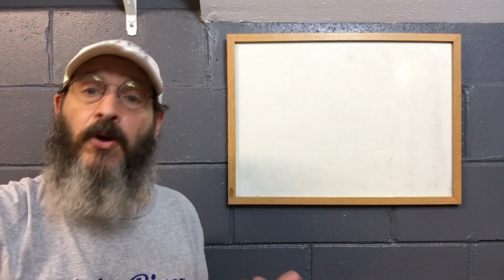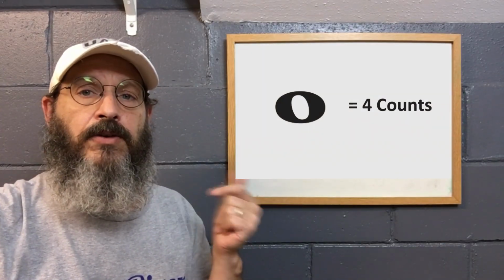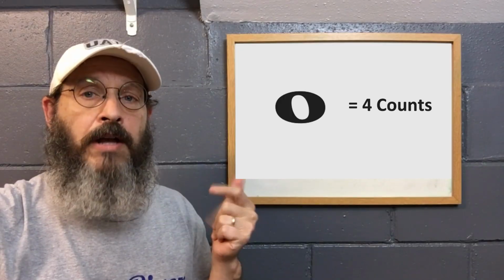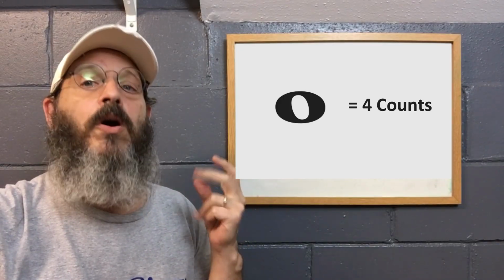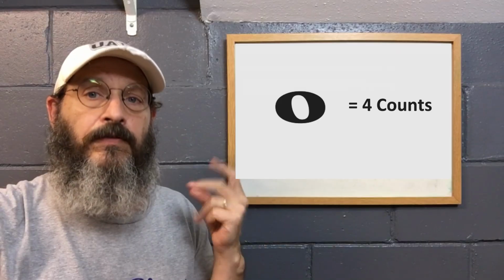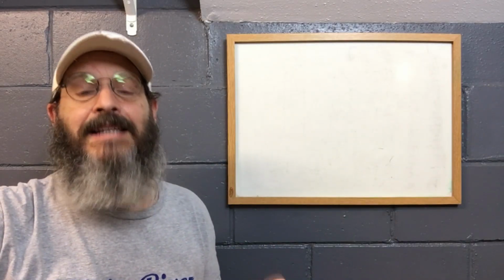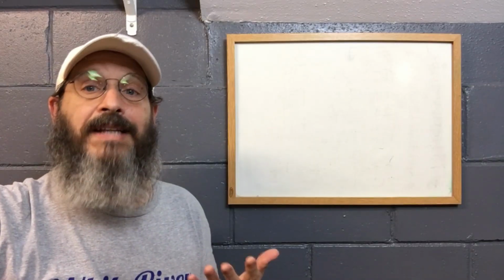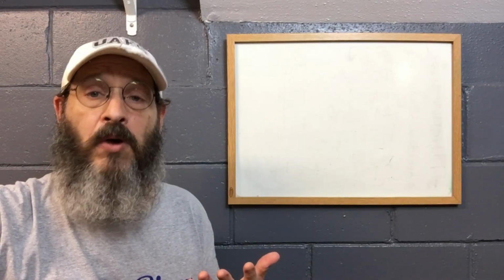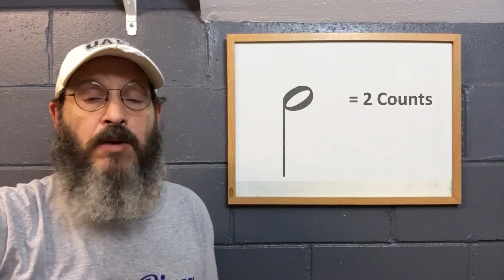Now, our very first step is to identify or define the different layers and quantities and values of rhythm. So generally speaking, here's the breakdown. A whole note equals 4 counts. 1, 2, 3, 4. Now, in a rhythmic cycle of 4, it takes up that entire cycle. So it stands to reason that if a whole note equals 4 counts, then a half note equals 2 counts,